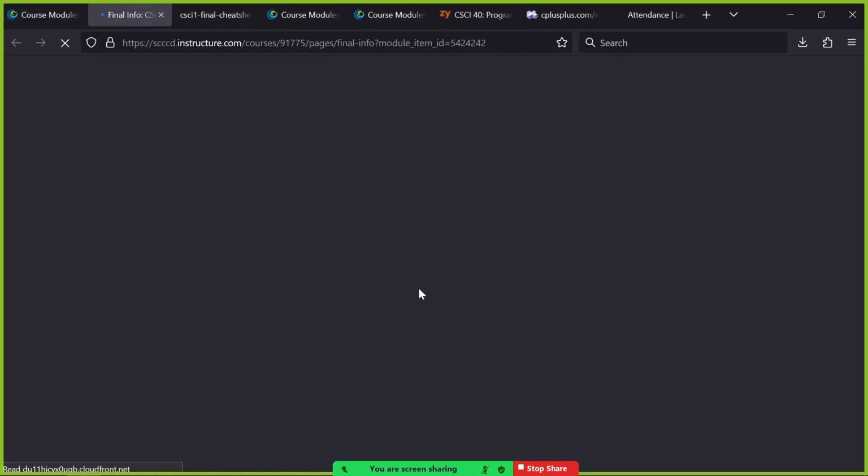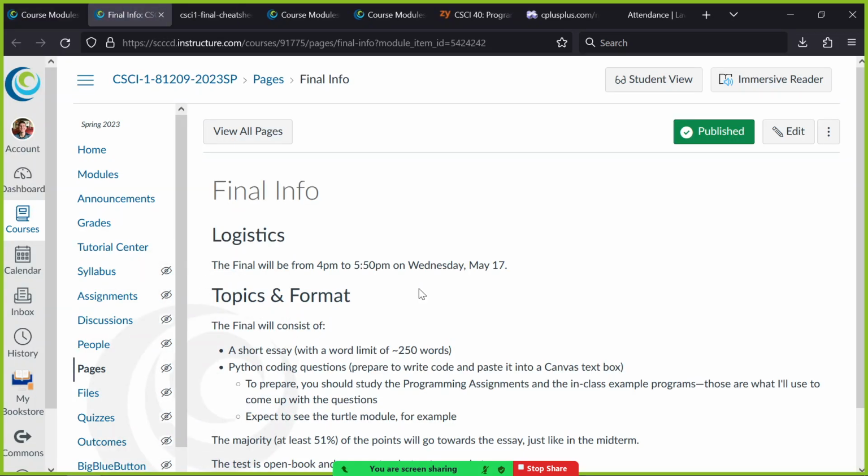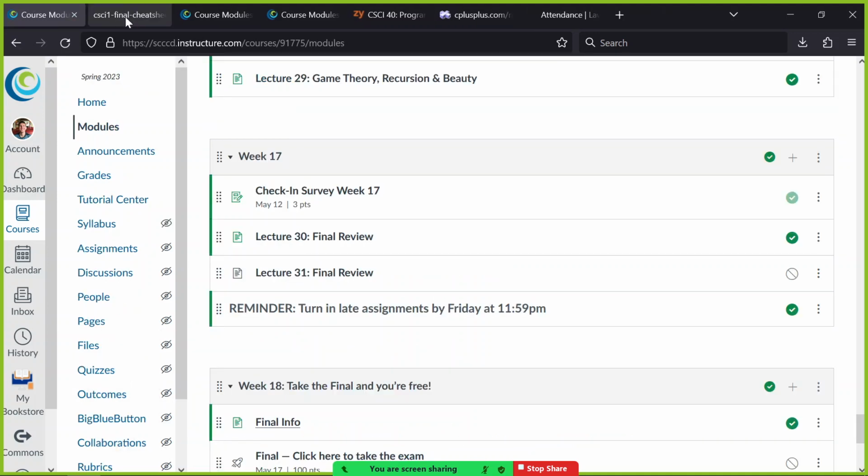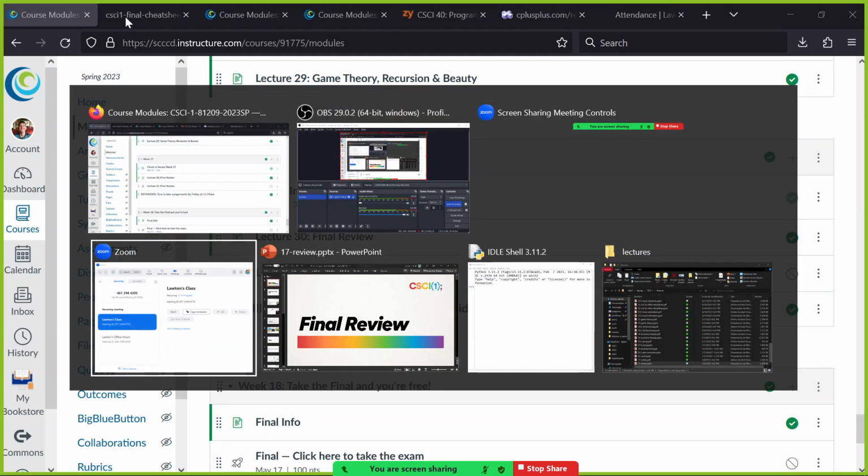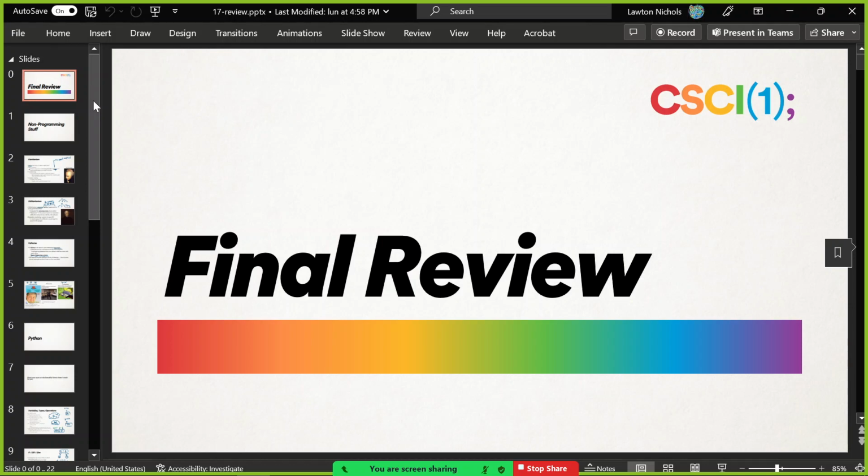Let's just remind ourselves. It'll be this time, but it's not Monday. It's Wednesday of finals week. So don't come here on Monday. There is no class. It's just finals week. So our final is Wednesday at 4. Meet in this room. Okay, so that will be that. I think that's all that I wanted to say. So let's continue with our review.